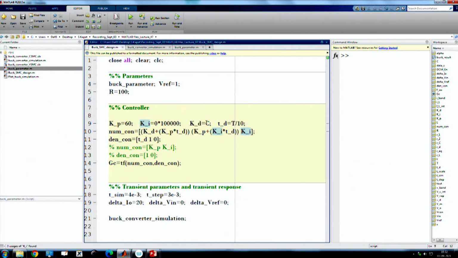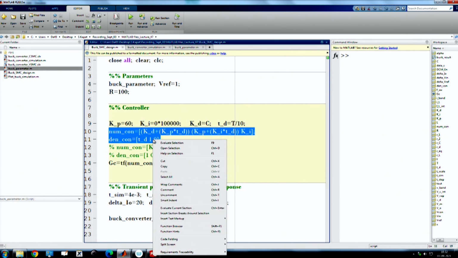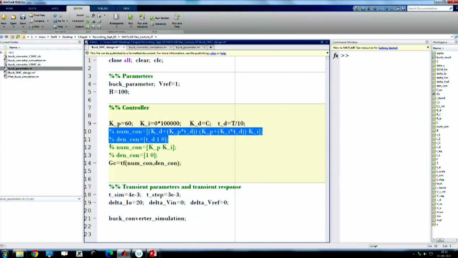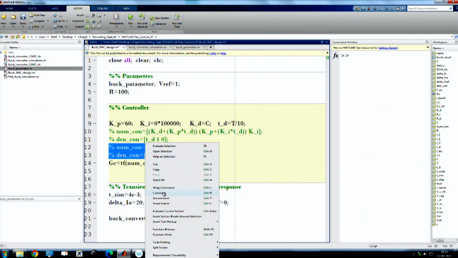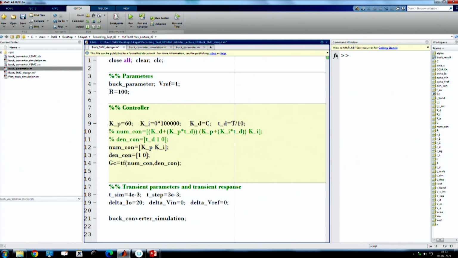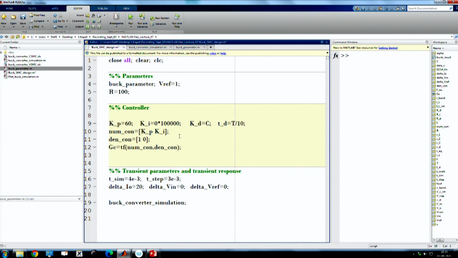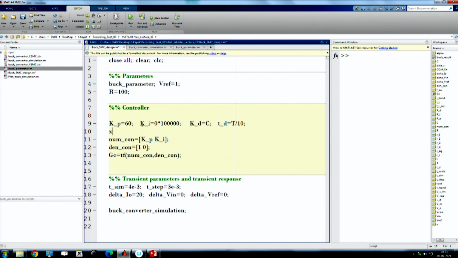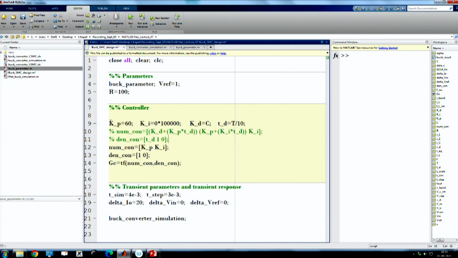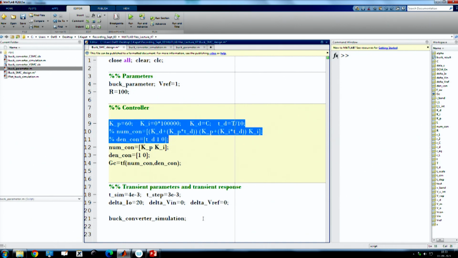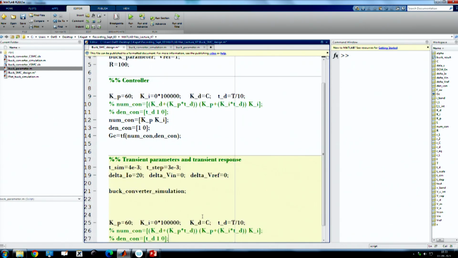So, forget about Ki, Kd and Td, because I am initially interested in only proportional control, and I have chosen Ki to be 0. Here I am using a surface, I just commented it, this is the control logic. I can keep it somewhere else just to avoid any confusion, put it at the bottom because I may not need it.